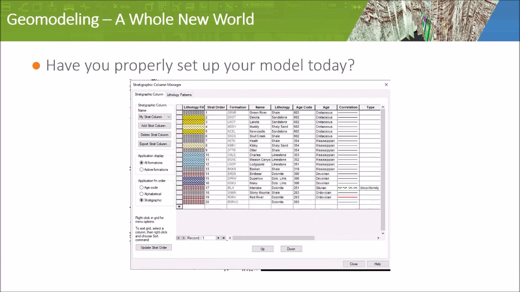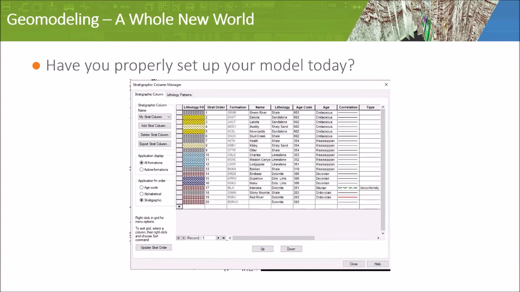Let's make our way over to GVERSE geomodeling. It is amazing the things that you can do with it. Creating surfaces in 3D and adjusting them on the fly, using Smart Section to create your cross sections and watch your model automatically adjust to your formation picks are just a couple of the cool features you can do with